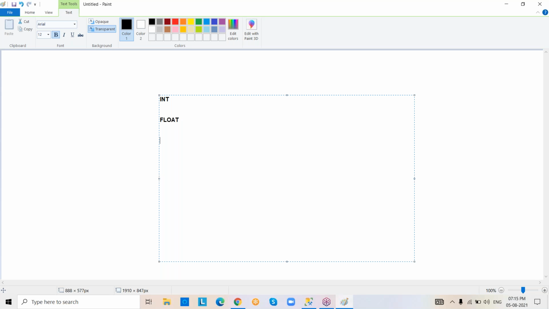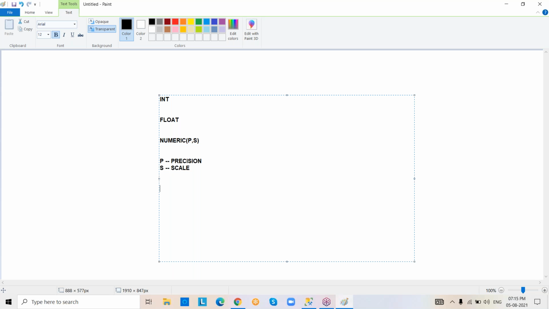In the same way, we can go for different data types like numeric of p comma s. So numeric is the data type, p comma s is the length of the data type. P stands for precision, s stands for scale. Now the question is, what is precision, what is scale?